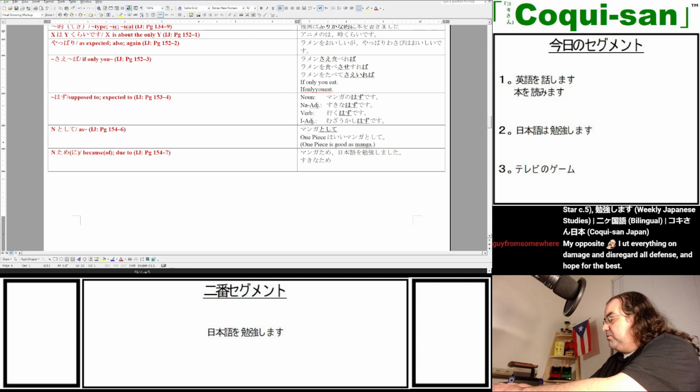Plain forms of verbs. So we would say iku tame ni. That would make sense. If you're using locations like ikimasu or hairimasu, you've got to use ni. So in this case here, iku tame ni. So that's when you want to use tame ni when you're using locations, or